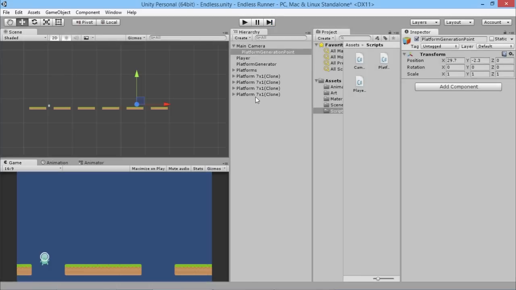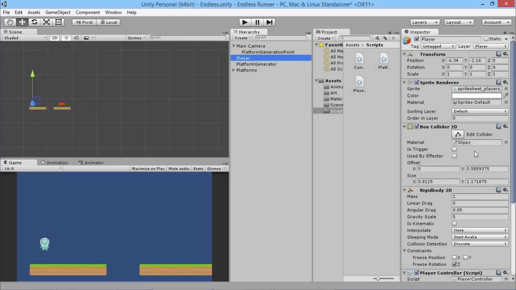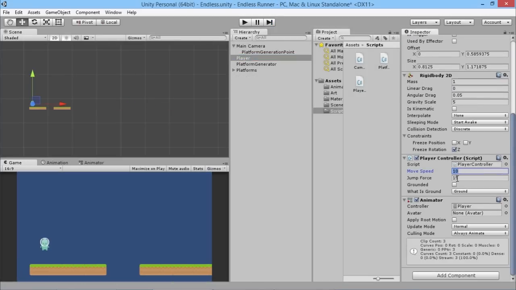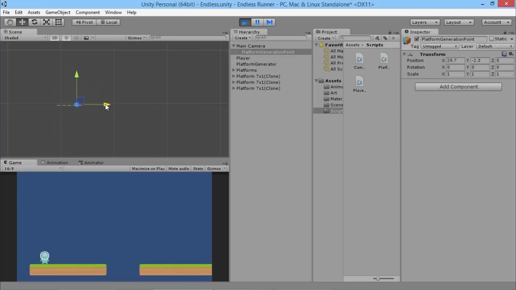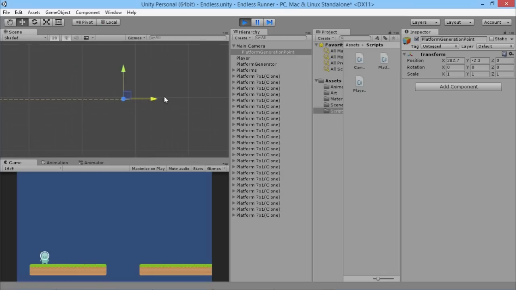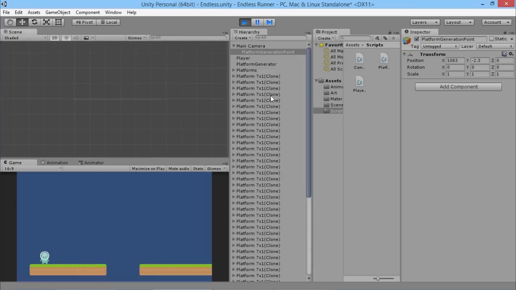And another kind of handy way to demonstrate this, if we go back here, we set our player's speed to 0, and we hit play again. So we'll create a couple of platforms just ahead of us. Oh, if we can hit play, it'd be nice too. It'll create a couple of platforms just ahead of us. But if we just zoom it out here, if we grab our platform generation point, we can just go whoop, and it'll just start creating a whole load of platforms ahead of us. Just whoop. We can just drag it out, and look at that, it's just flying along, creating a whole load